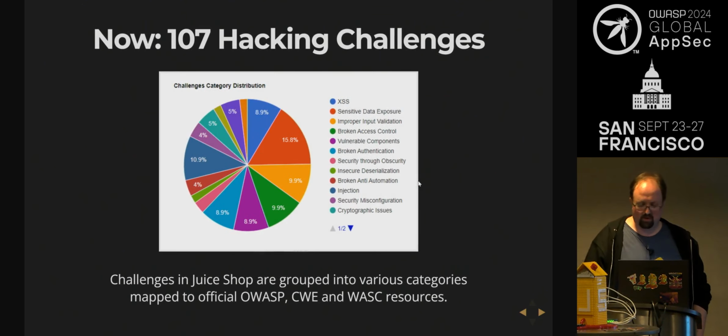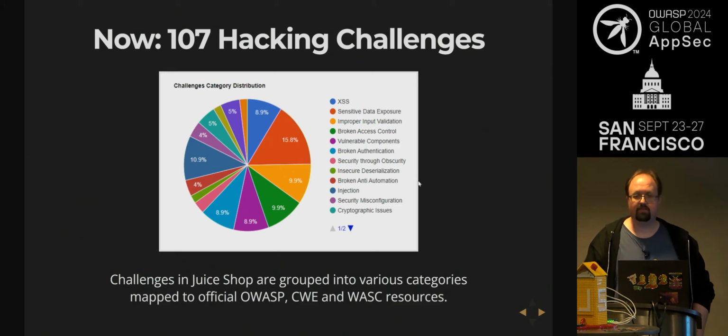Today, Juice Shop has 107 hacking challenges from all OWASP Top 10s ever. It just doesn't have, what is it called? Buffer overflow. It doesn't have a buffer overflow. I think the first OWASP Top 10 contained buffer overflow in the list. This one we don't have, but everything else, I would say, we have at least one challenge available,